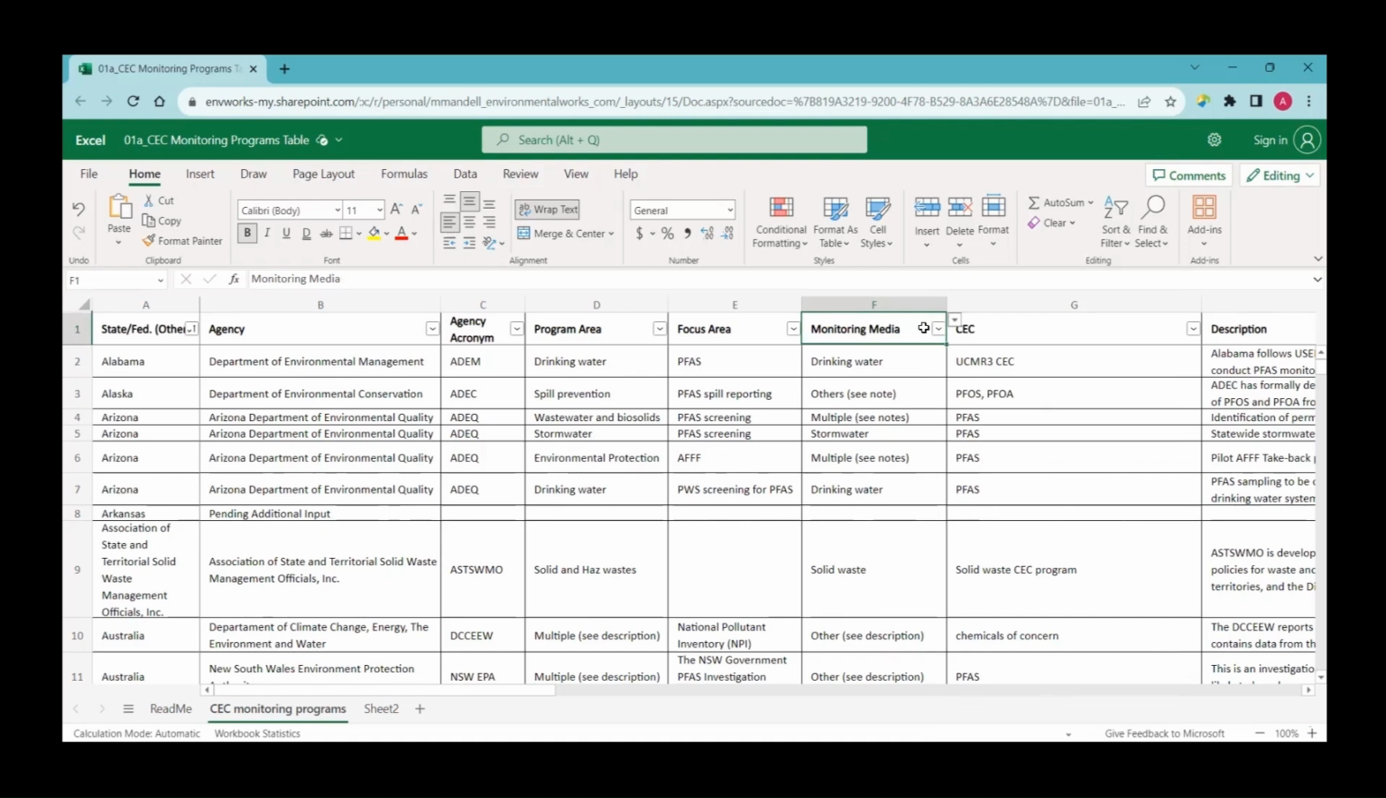The following is a demonstration of how to search the table. In this example, we are looking for CEC programs that focus on air as a media. So first, you're going to go to column F, which is monitoring media, and you're going to click on the